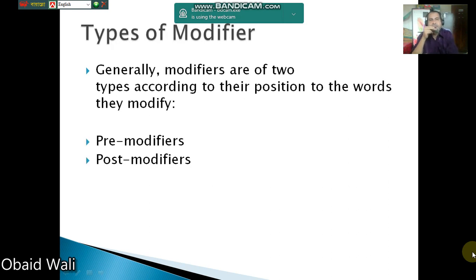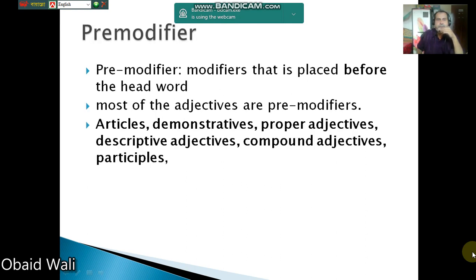Now, types of modifier. There are 2 types of modifiers. One is pre-modifiers and the other is post-modifiers. Pre-modifiers. What are the pre-modifiers? Pre-modifiers are